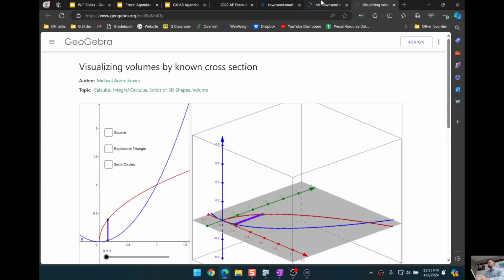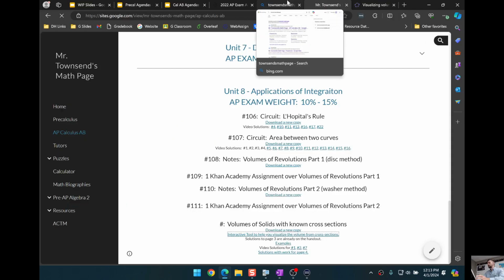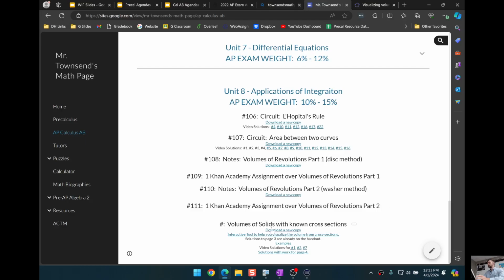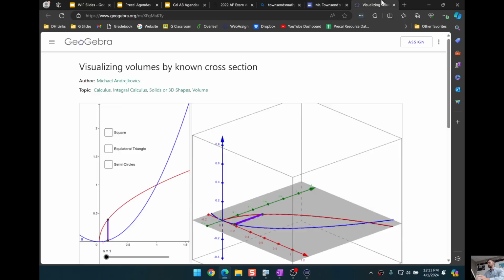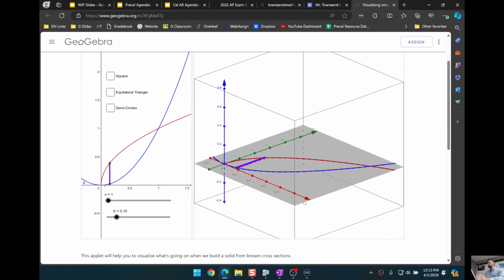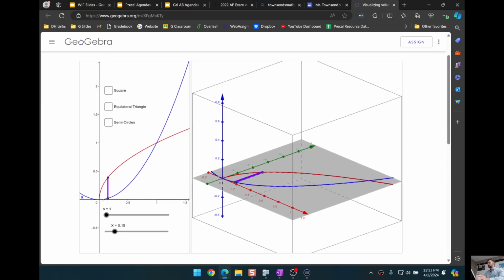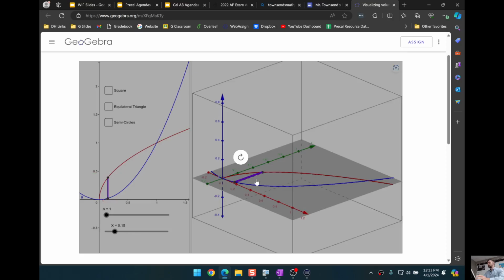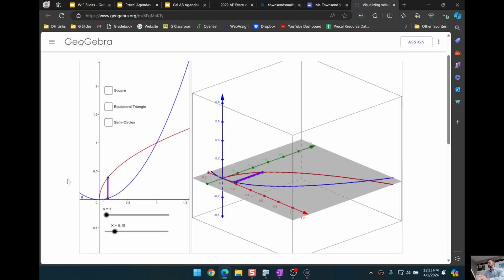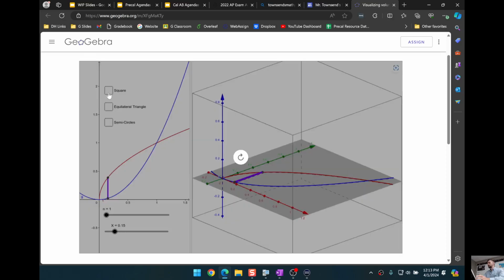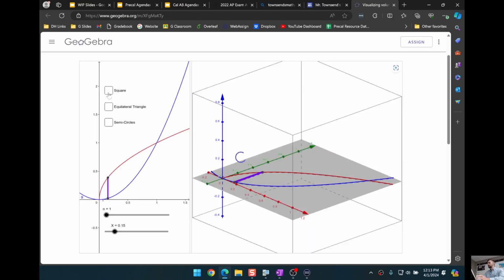Okay, also, if you want to play around with this, just so you know that it's here, I'll put this back in a second. On our class website, one of the links says interactive tool to help you visualize the volume from cross sections. I don't know who made this, but basically, here's your base, the part that's on the piece of paper, and then if the cross sections were